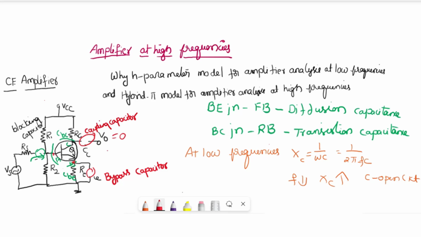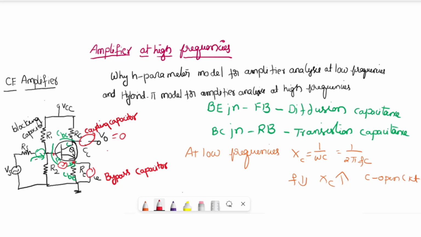See the junction capacitor CBE, which is between the base and emitter. If the base and emitter are open circuited, meaning the connection between the base and emitter is open, nothing is changed because there is no capacitor. It gets open, so no problem. Even if it is open, this Vs gets connected to the transistor through the base.